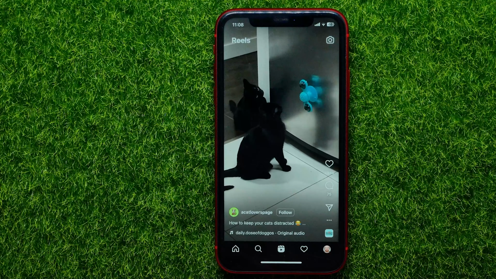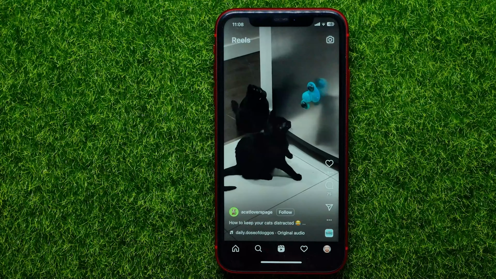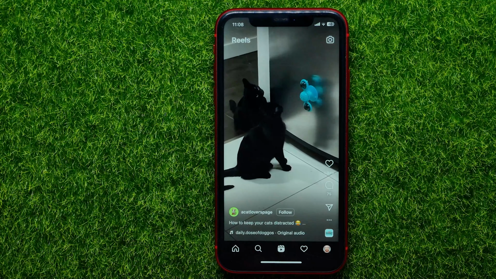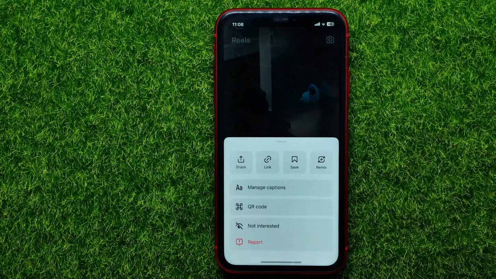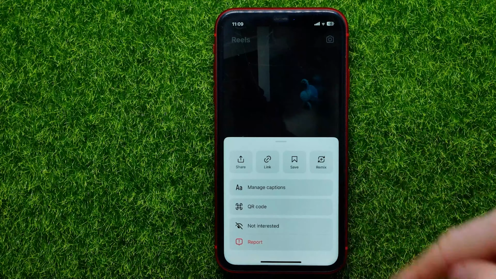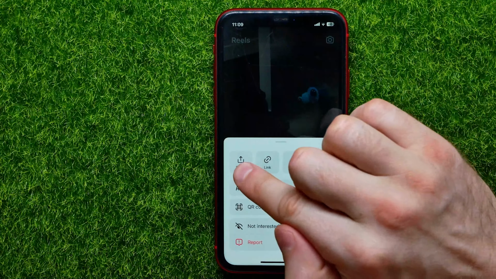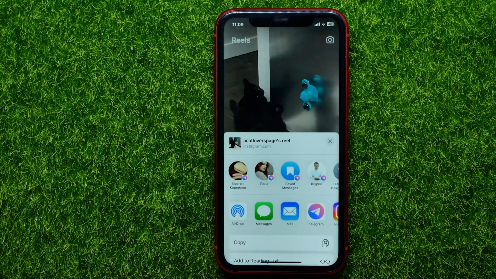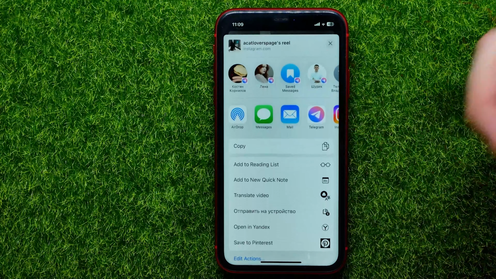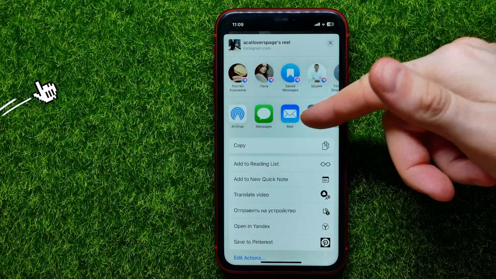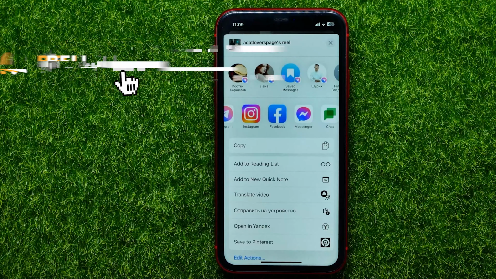So let's begin. Once you are on some reel and you want to repost it, you can do it in different ways. The first way is to hit the three dots icon that gives you those options. First off, you can hit the share icon, and then you can share the link to this reel wherever you want. You can use any app from here, any messenger, any social media platform, or